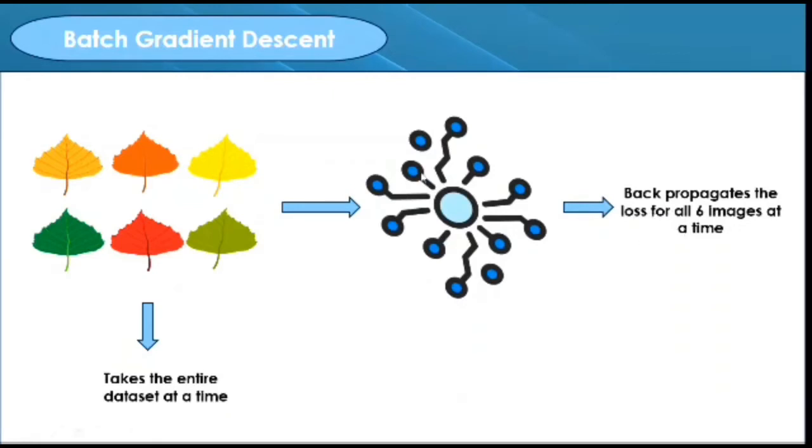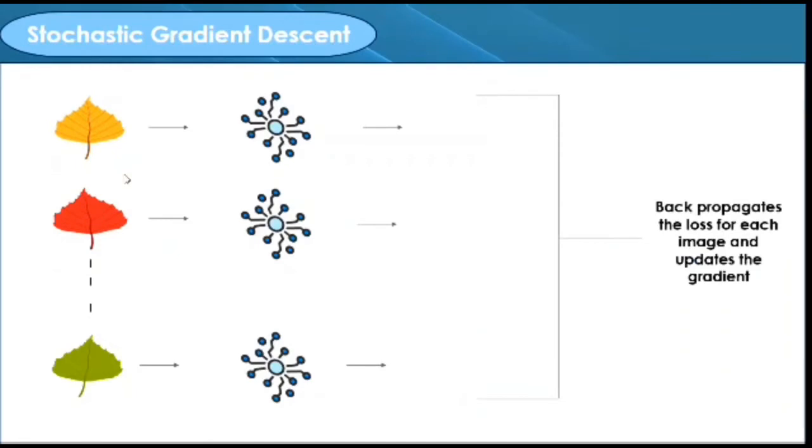So it takes all of the 6 images, then it back propagates and calculates the loss or error in prediction. Once it calculates the loss for each of these 6 images, it goes and updates the gradient descent. So it will calculate the average gradient with respect to the loss of all these 6 leaves. When it comes to the advantages of batch gradient descent, it is computationally efficient, as all computer resources are not being used to process a single sample, rather are being used for all training samples. Now, keeping this in mind, we'll go ahead to the next variant, which is stochastic gradient descent.